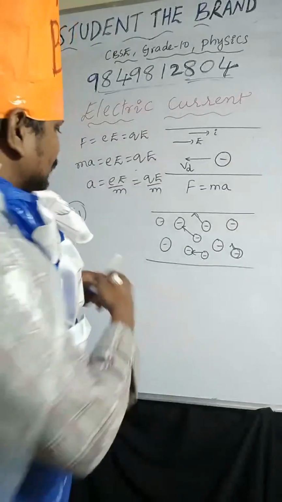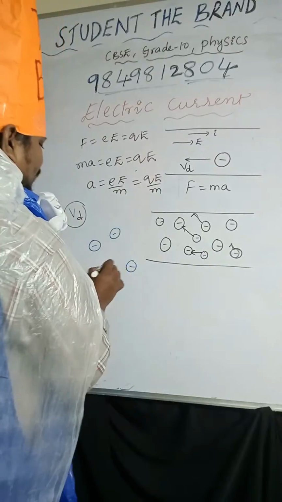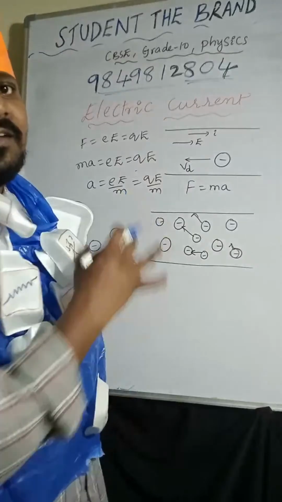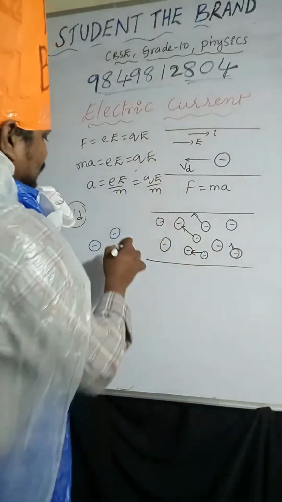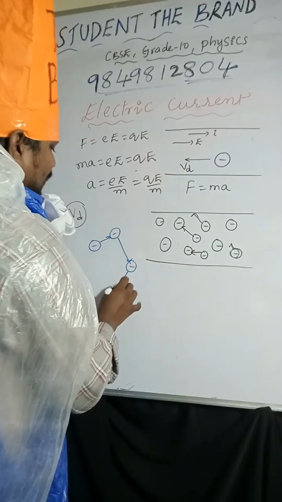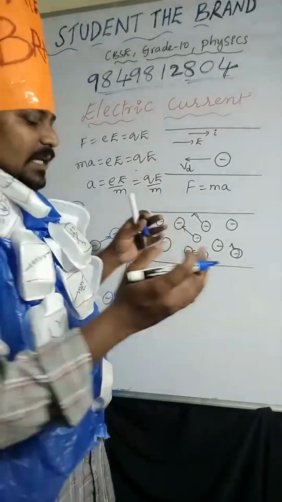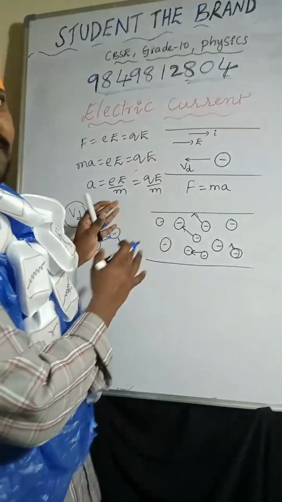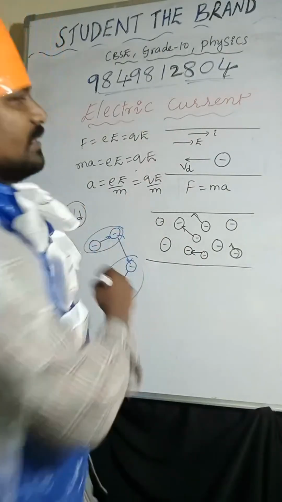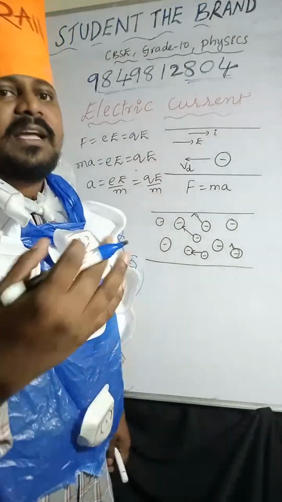This electron will hit another electron, and each and every time collisions will take place. So the average time between two successive collisions is known as